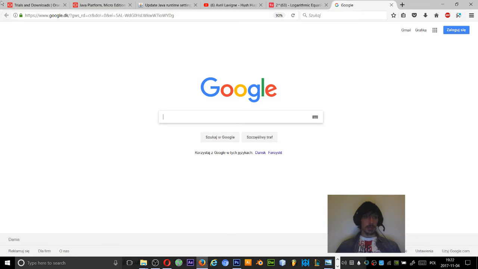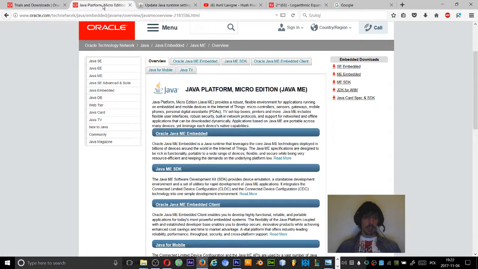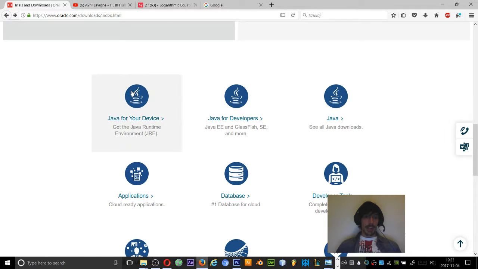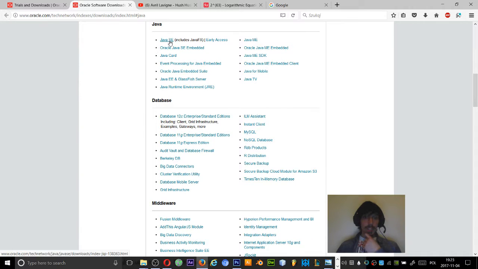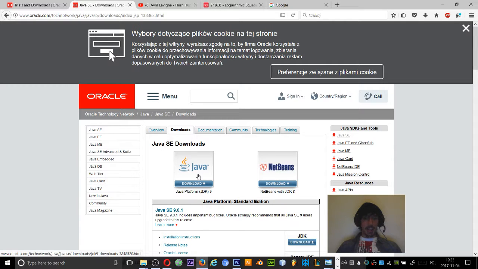So what you wanna do, you wanna go to oracle.com, download index.html, and you're gonna choose the first picture here, which is Java for devices, and it will redirect you probably to the place where you go and click Java SE includes JavaFX, and this will allow us to choose both environments, which is Java Platform JDK 9, which is the newest for me now,